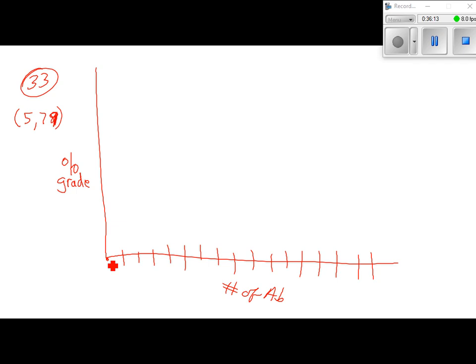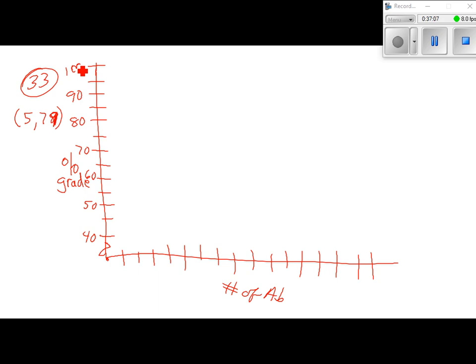But then on the side, we might need a break because we're not going to start at 0 there, because you probably don't have room. So our lowest grade is what? 48. So I might start at like 40 and just go 40, 45, 50, 55, 60, 65, 70, 75, 80, 85, 90, 95, 100. How accurate does this have to be? Doesn't have to be real accurate. Could we just go up by tens instead? Well, maybe, but you see my graph? If your graph doesn't look like my graph, with the dots going in the same general direction, then